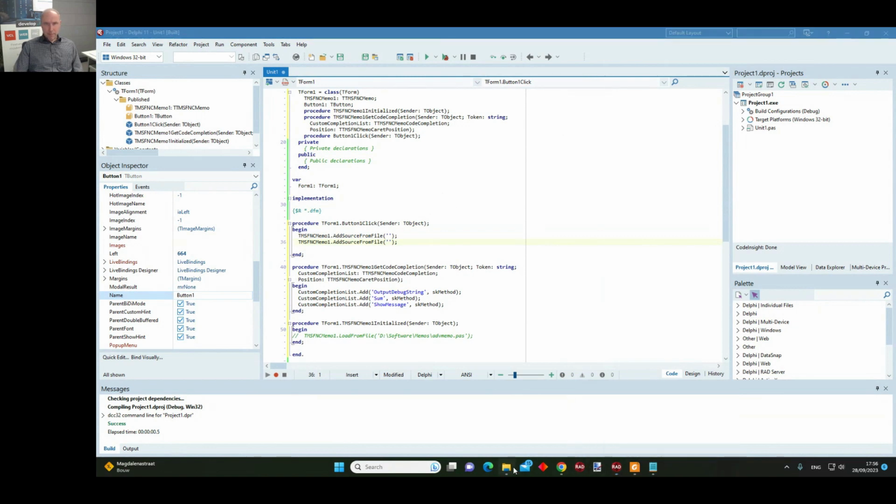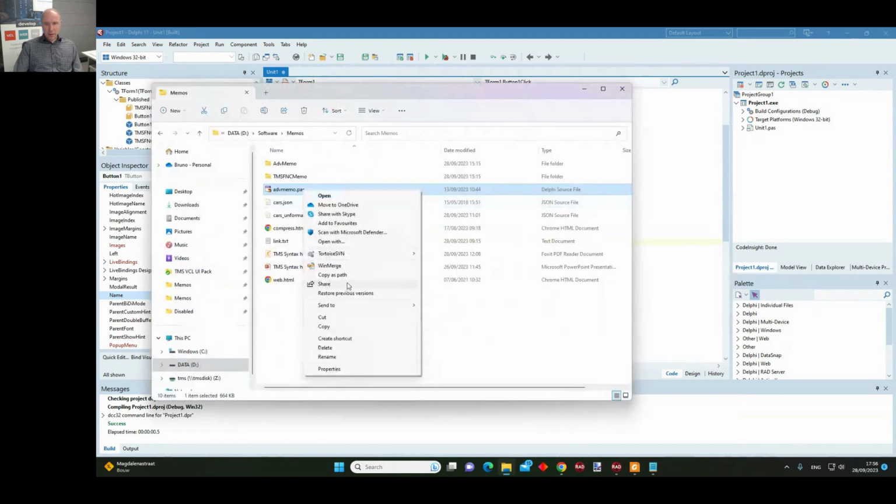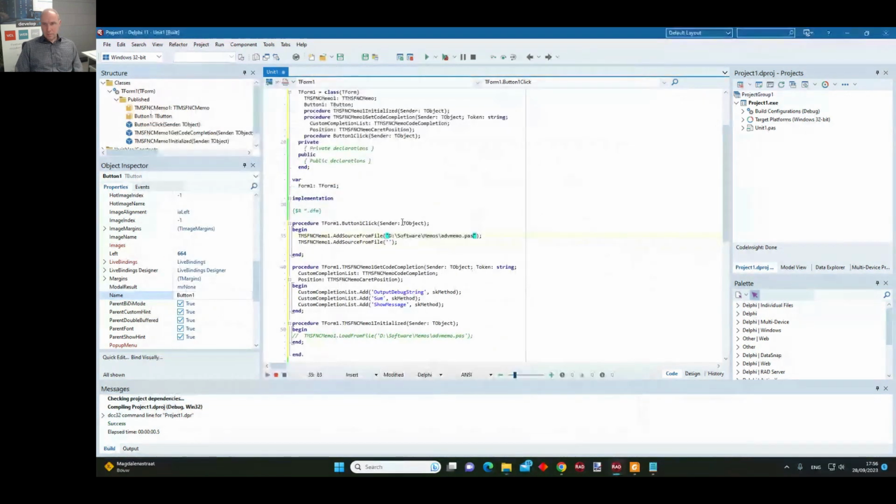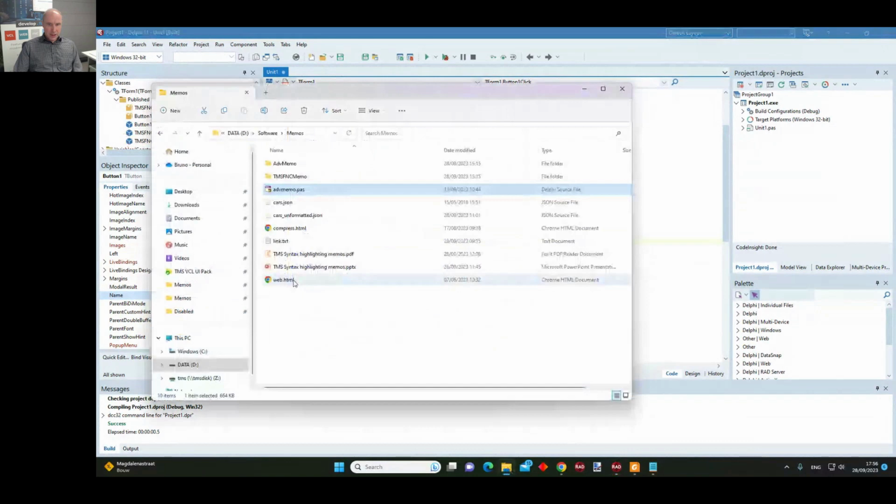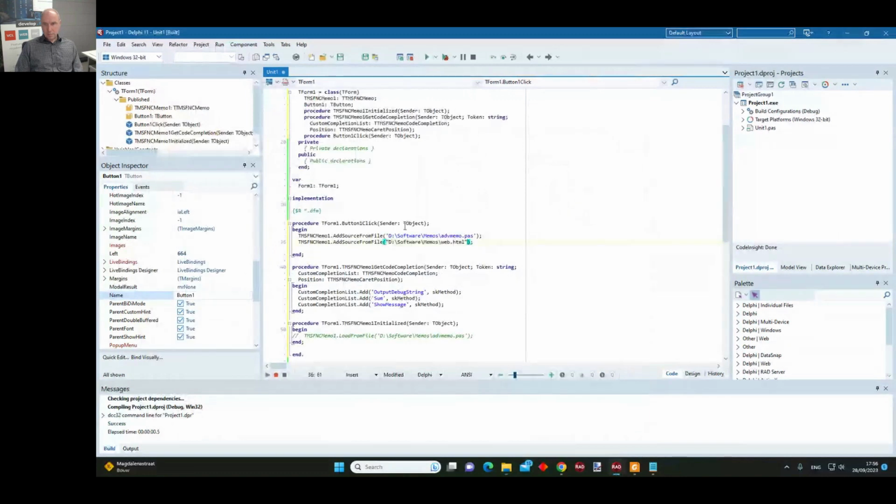So my paths I can copy from here like this. And let's also add my HTML file like this. So what I do here, the FNC memo actually has a collection of sources, so that's built into the FNC memo components.